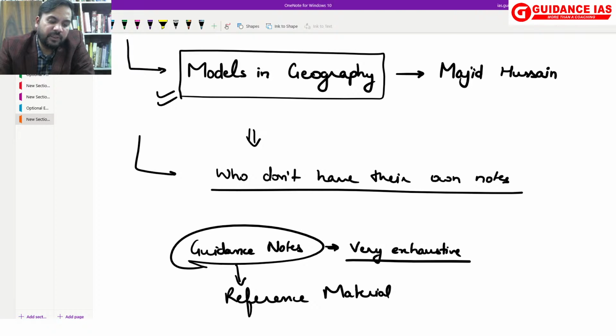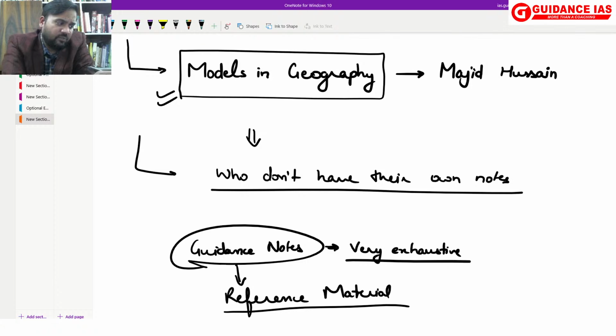कई बार होता है कि हमें we are unable to understand many concepts in the class. So I can just look back in the guidance notes and there whatever I'll be speaking, they are more in dictated form, all the things are written there, so you will better understand. ठीक है. So this is how you should be using. If you are using the guidance notes, you use them simply as reference material. Motto याद रहना चाहिए, one topic, one source.